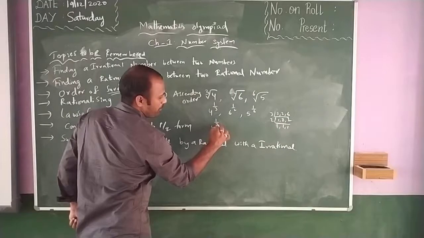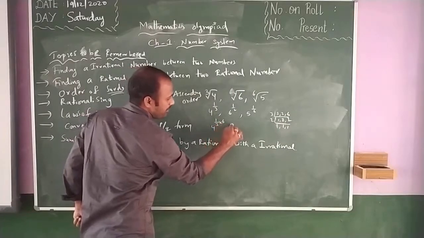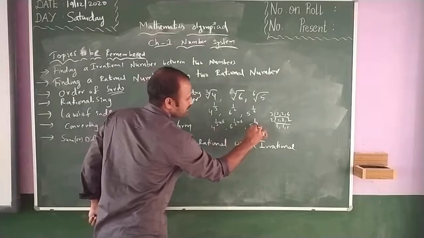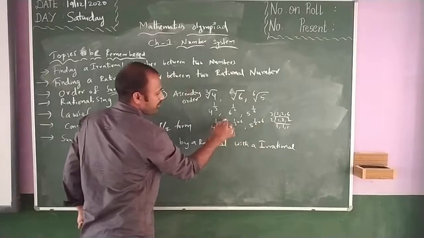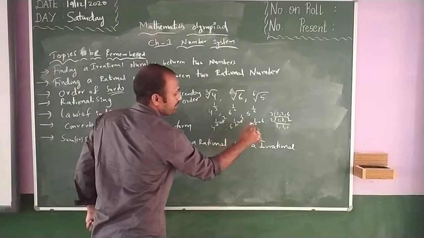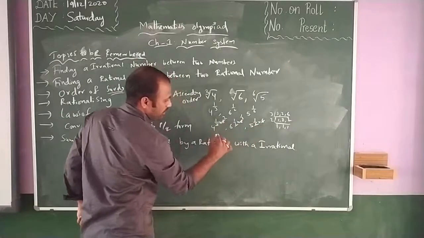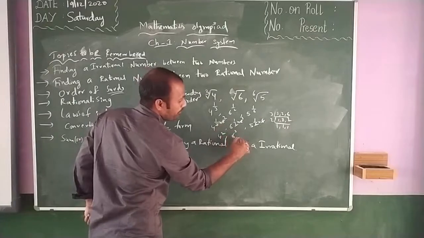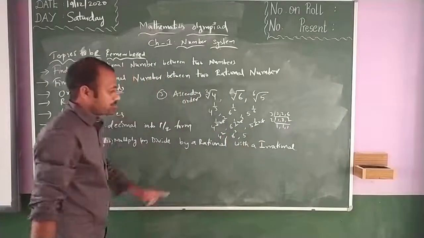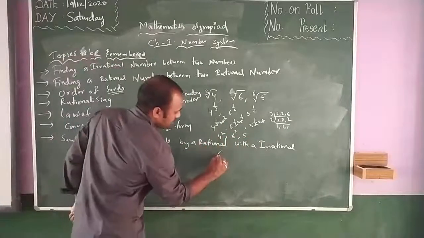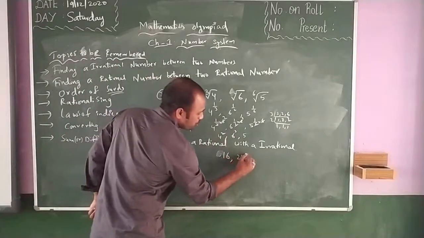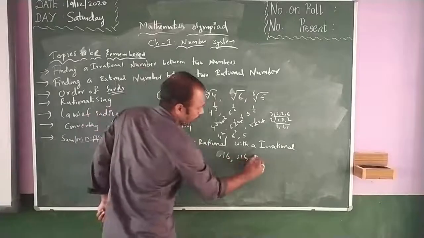So I will multiply the LCM for all the numbers. It will be 4 to the power of 1 by 3 whole to the power of 6, comma 6 to the power of 1 by 2 into 6, 5 to the power of 1 by 6 into 6. So the 6 gets cancelled. The left terms are here 4 square, here 6 cube, and here 5. So 4 square is 16, and 6 cube is 216, and 5 is 5.